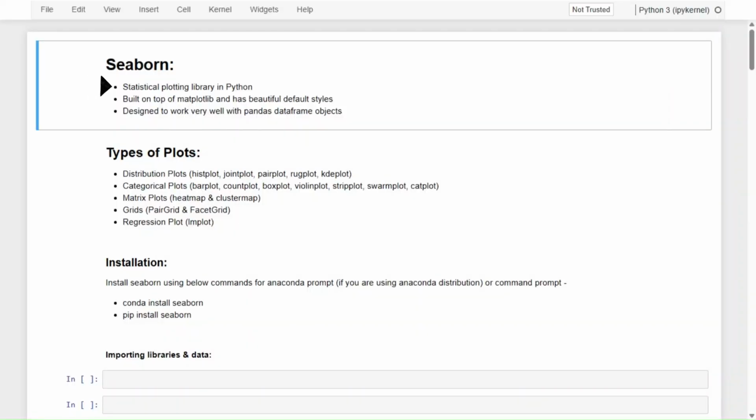Seaborn is a statistical plotting library in Python. It's built on top of matplotlib, which means when you run a Seaborn command, it runs a set of matplotlib commands under the hood. It's built with beautiful default styles for the graph, which makes it easier to read and comprehend. Seaborn is designed to work very well with pandas data frame objects, and therefore it's the go-to library for